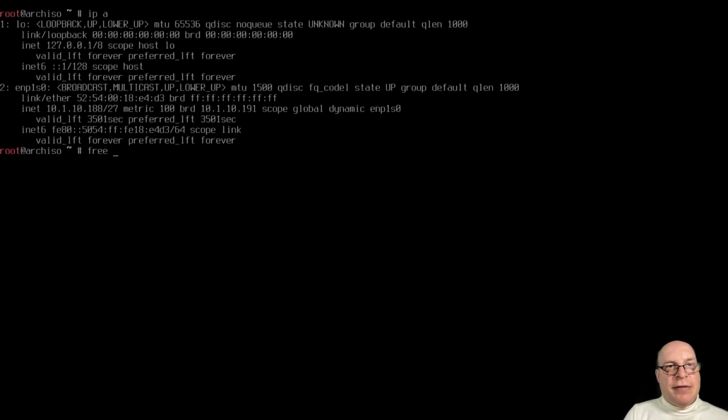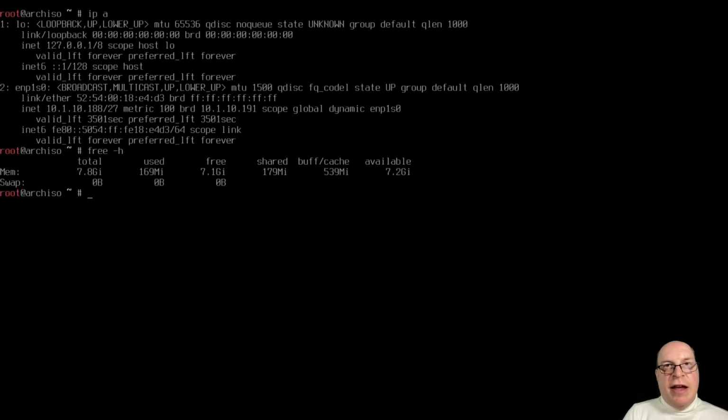All right, so we've got an 8 gig RAM machine today, so we'll use that for setting up our swap. Let's do timedatectl set-ntp true for network time protocol. Set up reflector for our mirrors. I'm in the US. I like the protocol as HTTPS, latest 5. We'll sort by rate and we'll write it out to